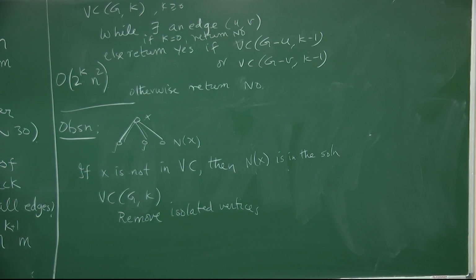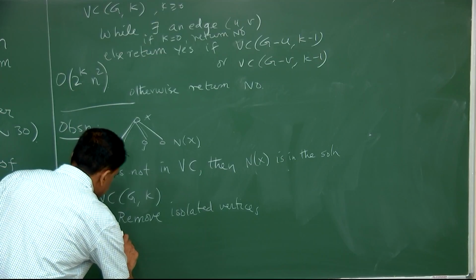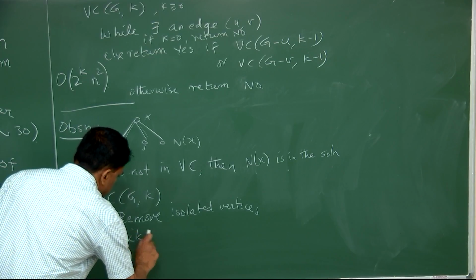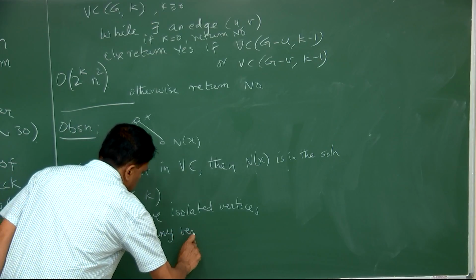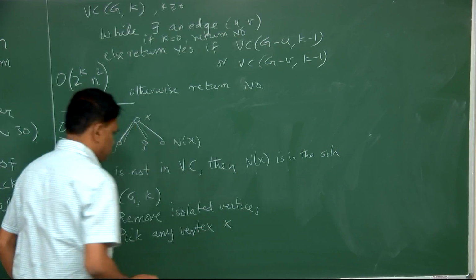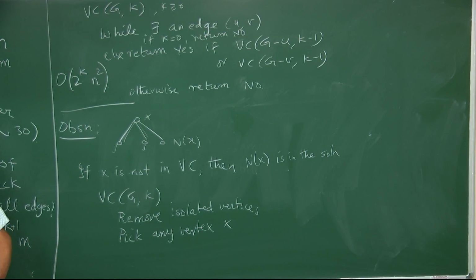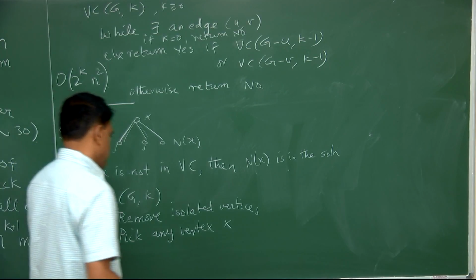Right? Now pick any vertex x. My two branching is: include x into the solution, and another one says exclude x from the solution, then include all its neighbors. So return S